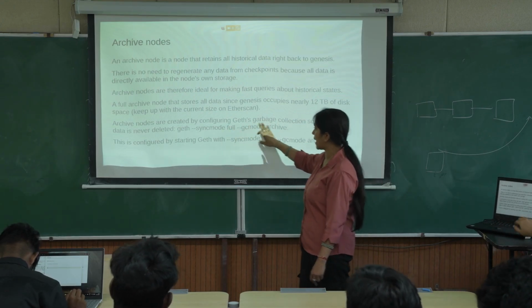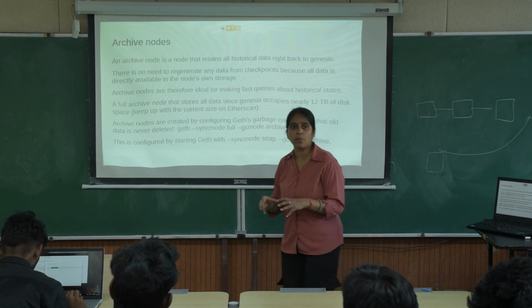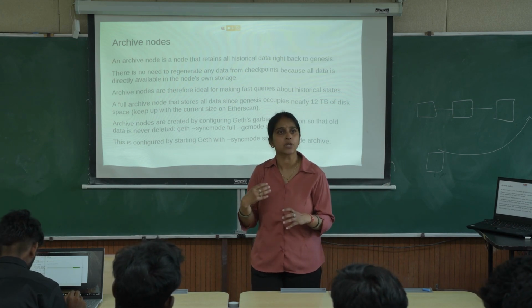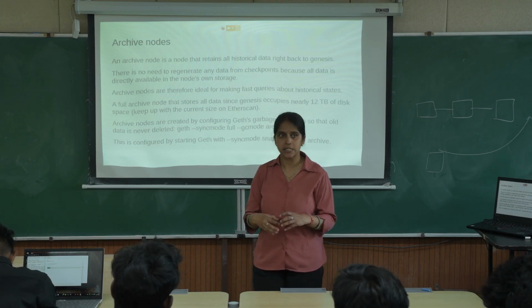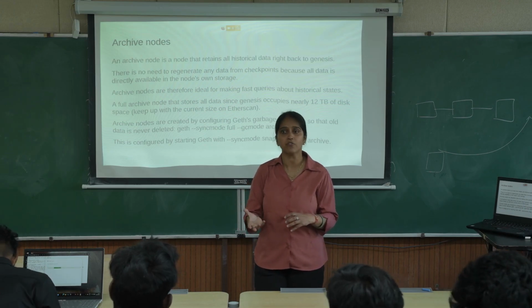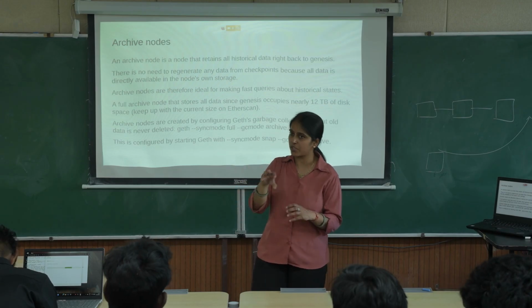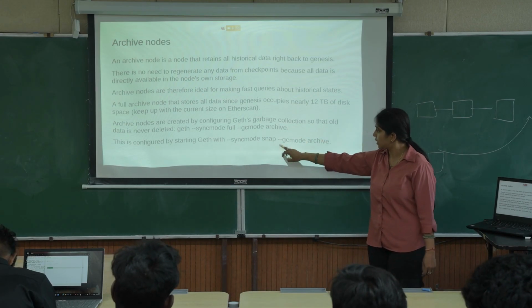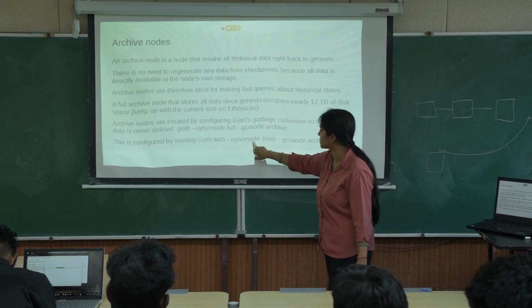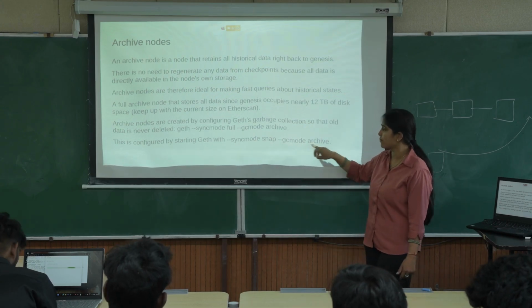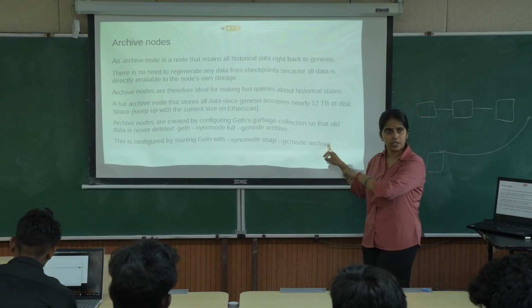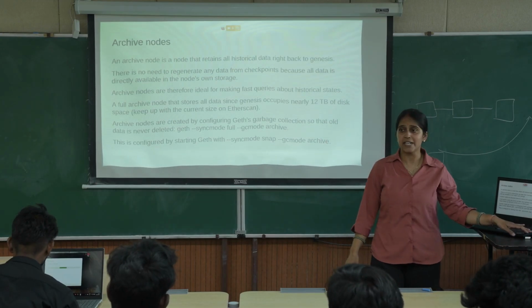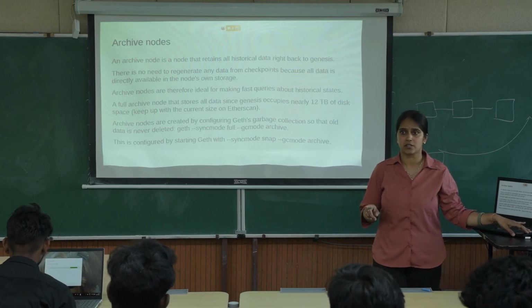Geth is also maintaining the whole archive, but it is not providing it to every client, as our disk space should not be used that much. That's why we have some checkpoints during full synchronization. But we can also, for that you have to change the sync mode from snap to the GC mode archive. Your command will be changed accordingly. Okay. Then it will start downloading on your disk.